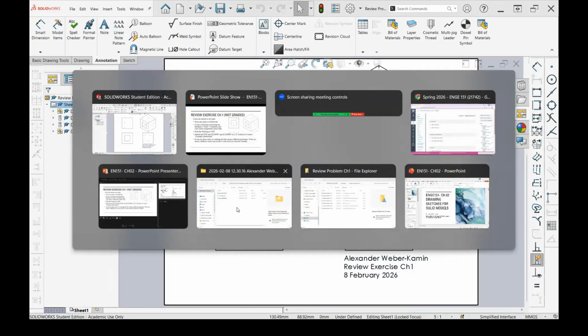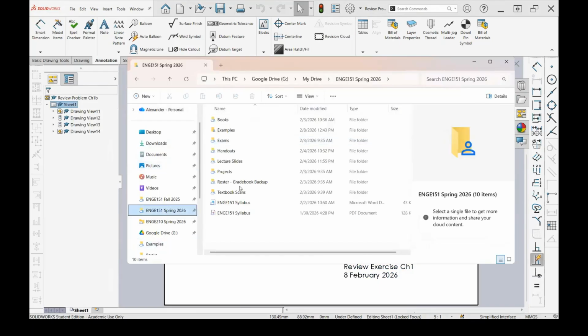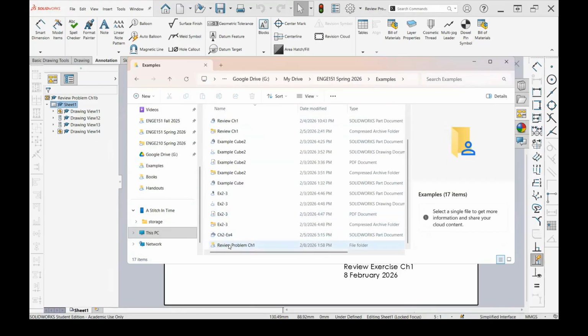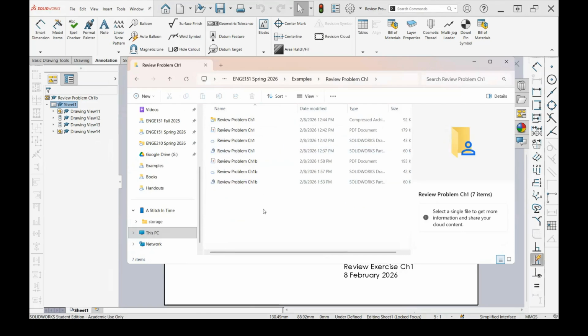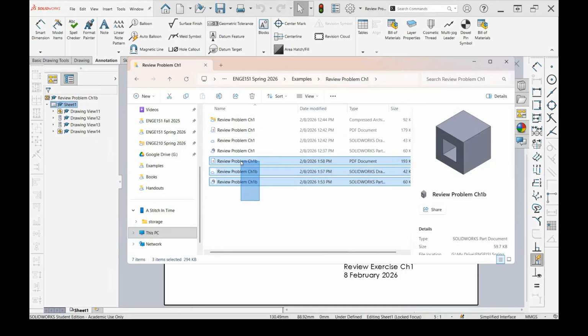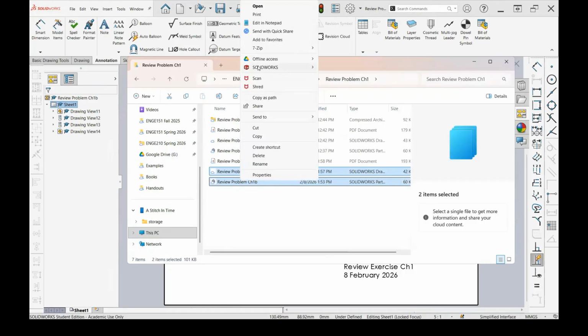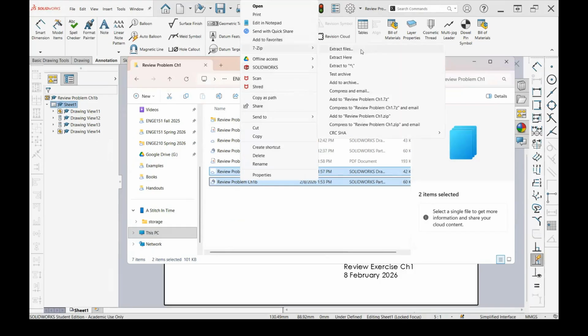And then we're going to switch to our folder that we've got our example problems in. So review chapter 1. And you can see we now have 3 files that were generated, or I should say 1 PDF and 2 SolidWorks files. So we're going to take our 2 SolidWorks files, the SolidWorks drawing and SolidWorks part, right click, and we're going to put them into 7-zip, add to archive.